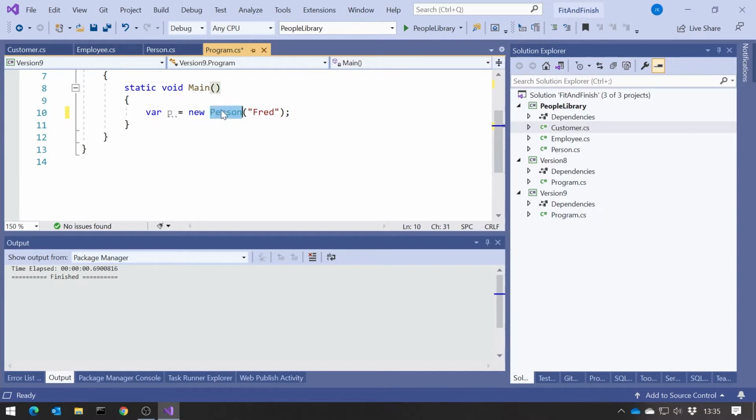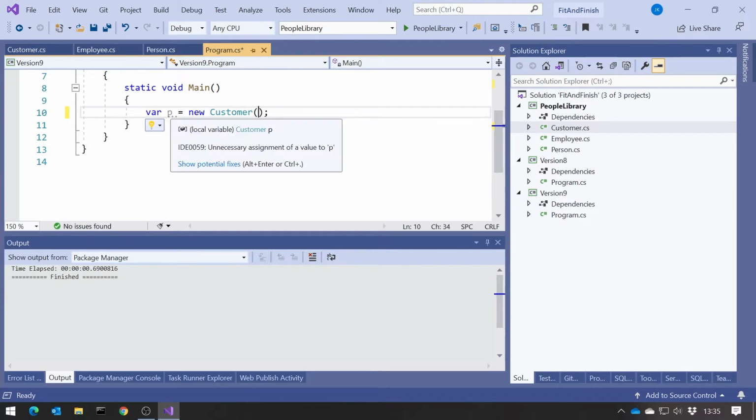And if we were to change that to, say, a Customer, let's just go for the default constructor, save a lot of typing, then because we've said Customer, we get the fact that it's inferred to be a Customer. And that's quite a nice thing to be able to do, saves that duplication.